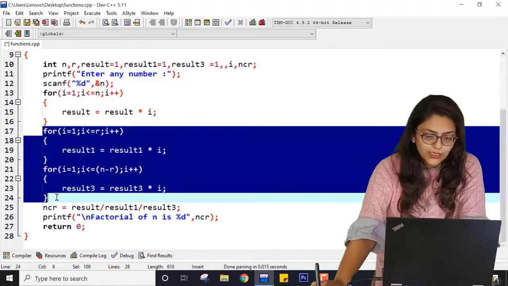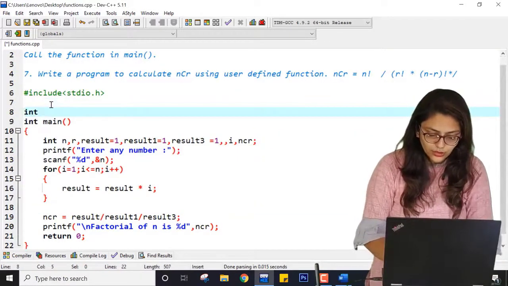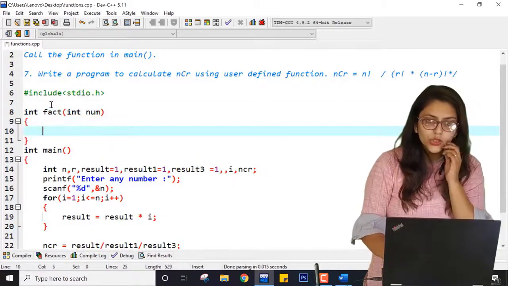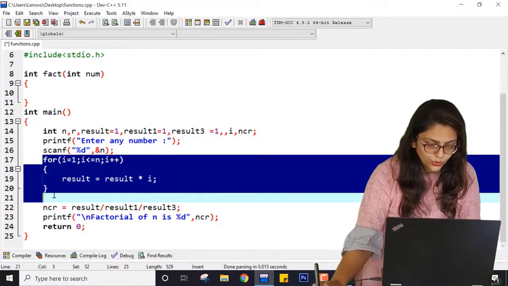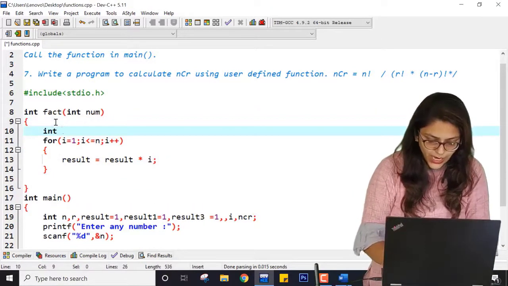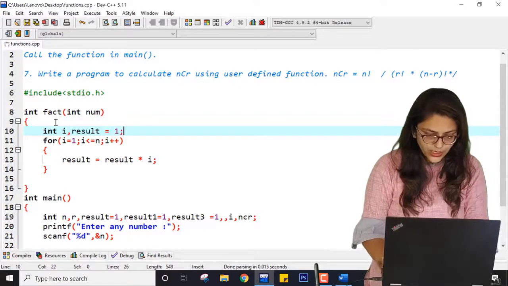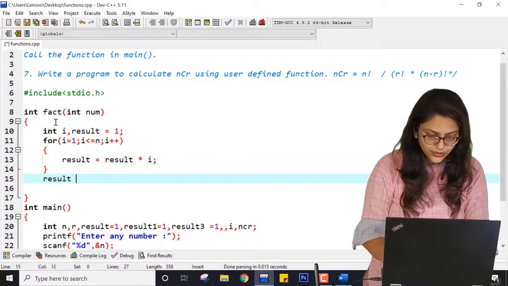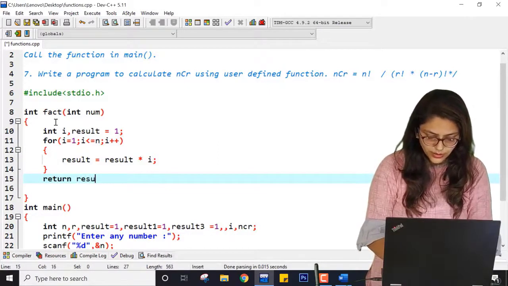So how can I perform this program by using just a single loop? I can create one function named fact, which will find the factorial of a given number. You just have to copy this code and paste it over here, and here you have to declare int i, then result equal to 1, and at the end of this function you have to return result, right?